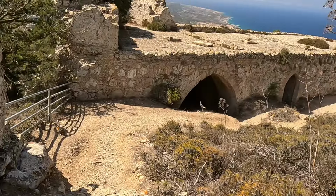Now, very little is known of the very early history of this place, but it's believed that the first sort of building up here was for a lookout post during the 6th, 7th and 8th centuries, keeping an eye out for the Arab raiders, which were prevalent all over this part of the Mediterranean at the time. And over successive rulers and up to some Byzantine kings that were here, up until 1191, the building sort of developed gradually. And in 1191, King Richard the Lionheart,